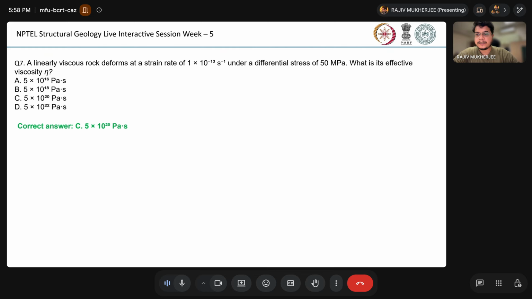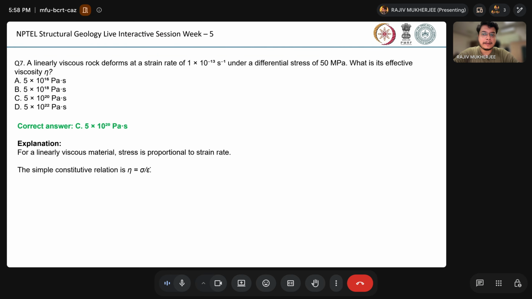Okay, so the correct answer is option C, which is 5 times 10 to the power 20 Pascal seconds. And for the explanation, in a linearly viscous material, stress is proportional to the strain rate, right? And so the simple constitutive equation is that viscosity eta is equal to sigma divided by epsilon dot, which is the strain rate. Now we can easily have the value of 5 times 10 to the power 7 pascals for the stress of 50 megapascal,